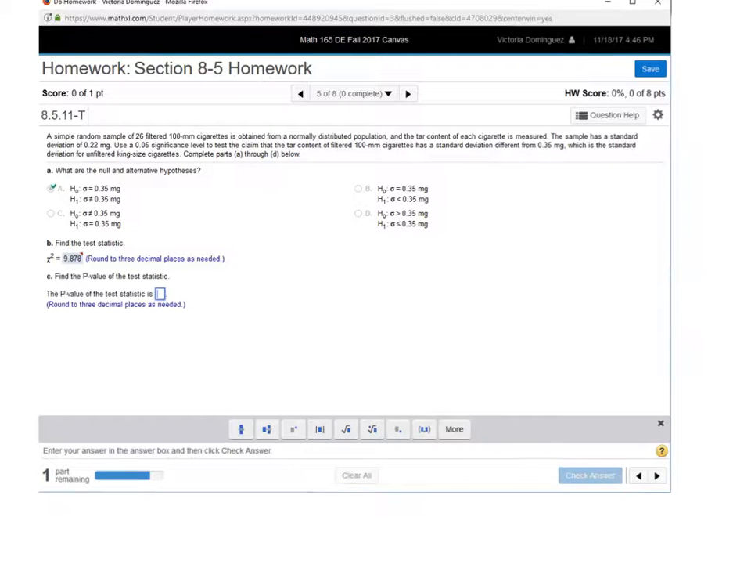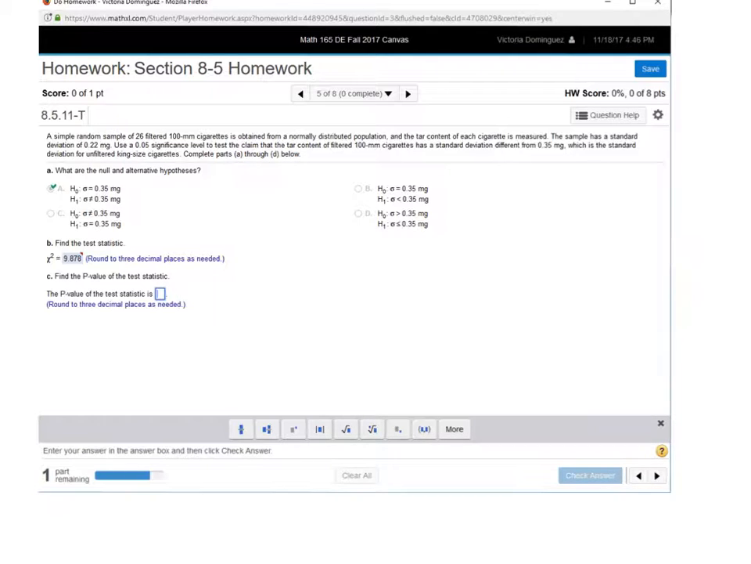So it says the following: a simple random sample of 26 filtered 100 millimeter cigarettes is obtained from a normally distributed population, and the tar content of each cigarette is measured. The sample has a standard deviation of 0.22 milligrams. Use a 0.05 significance level to test the claim that the tar content of filtered 100 millimeter cigarettes has a standard deviation different from 0.35 milligrams, which is the standard deviation for